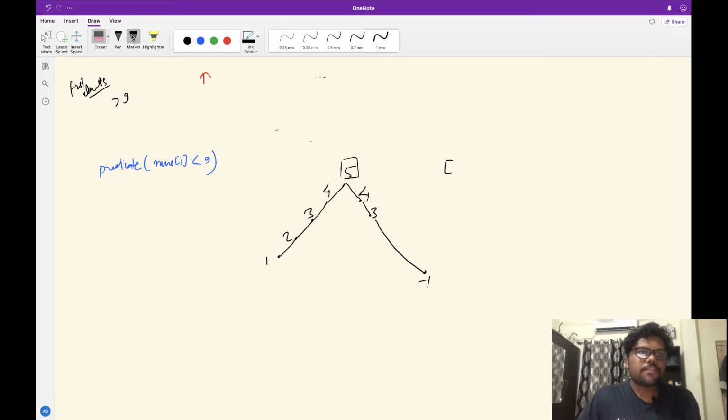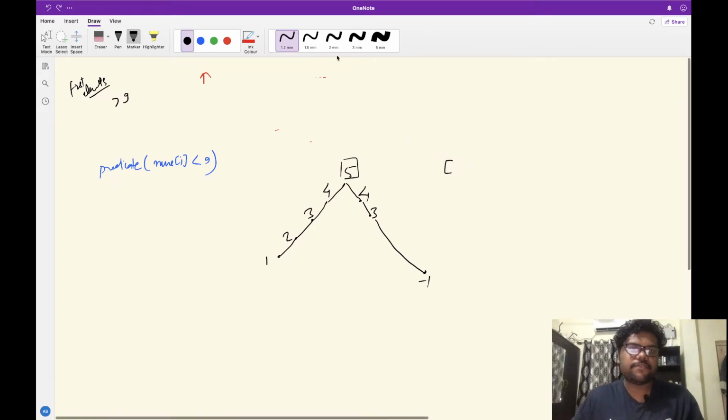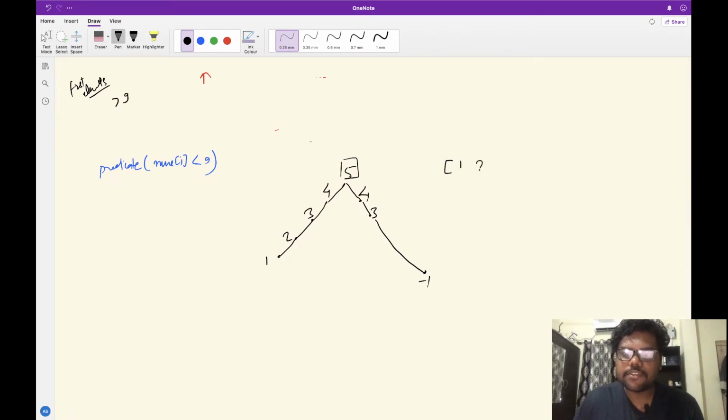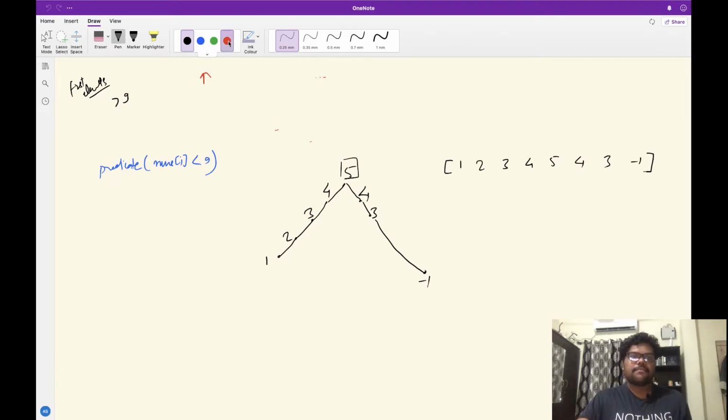So the array representation would be 1, 2, 3, 4, 5, then 4, then 3, and then -1. Here 5 is the peak element, and for this example 5 is the only peak. So the answer expected for this input array would be 4, the index.